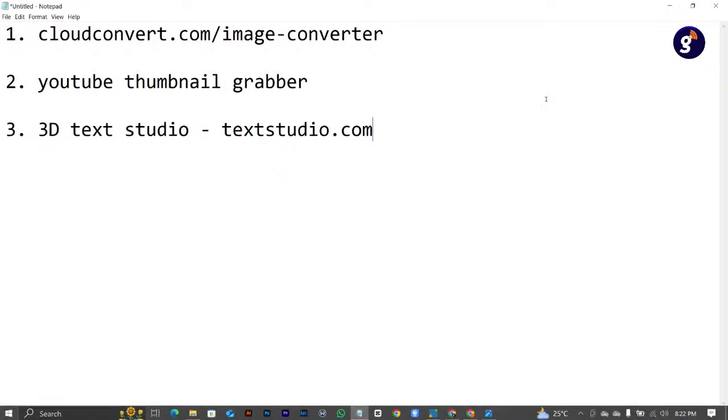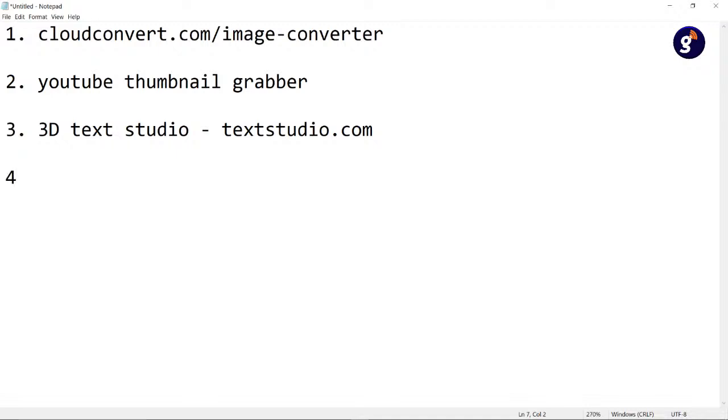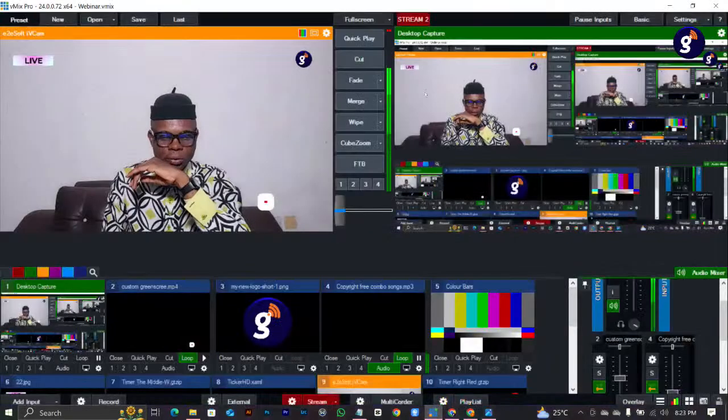Let's go into the fourth website. The fourth website, of course, everyone knows this except if you've been living under a rock. It's called ChatGPT. We all know, well, most of us should know how to use ChatGPT. Now, as a designer, you can leverage ChatGPT for a couple of options. Yes, ChatGPT can help you do a lot of stuff as a designer, from